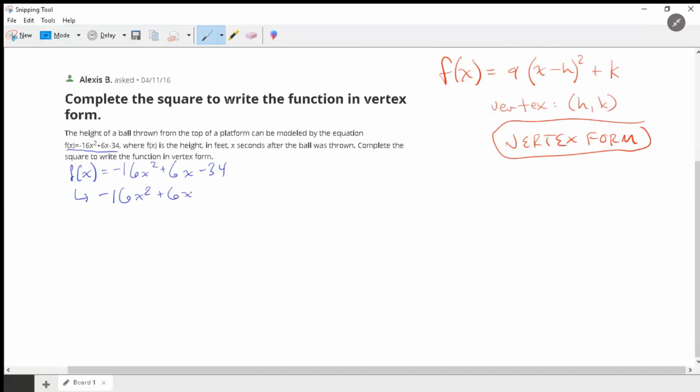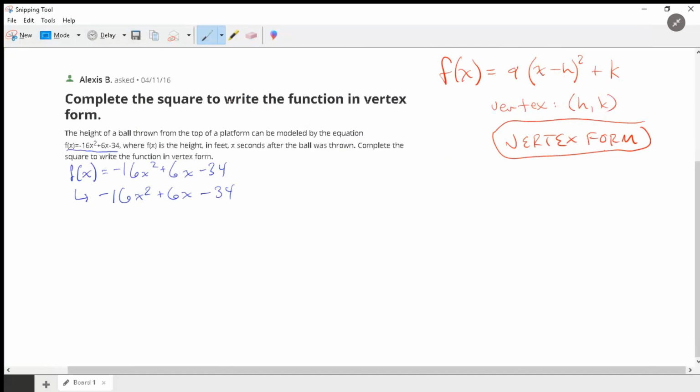It has to be the same values and everything. We need to rewrite it, though, by completing the square, so that it looks like this vertex form version over here. So writing it just like this, here's what we're aiming for. What I basically want to be able to do, well, first what I need to do actually, before I say anything else,